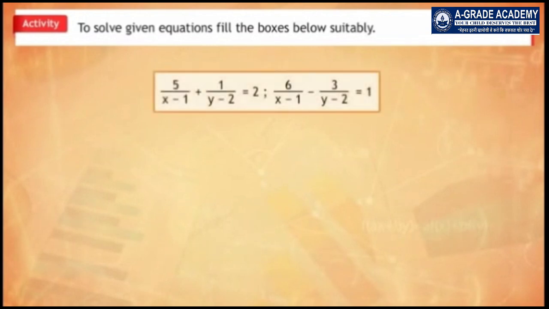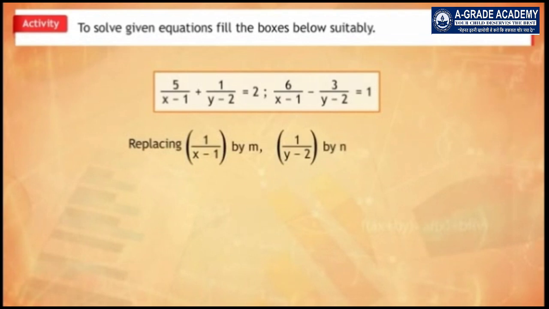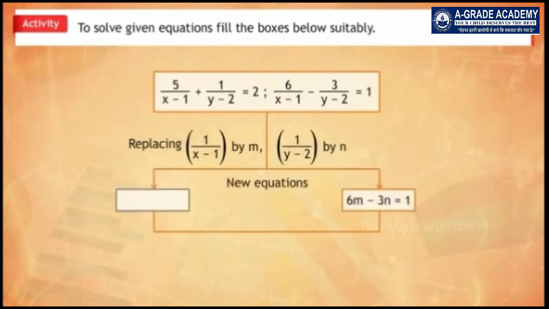Activity. To solve the given equations, fill the boxes below suitably. 5/(x-1) + 1/(y-2) = 2. 6/(x-1) - 3/(y-2) = 1. Replacing 1/(x-1) by m and 1/(y-2) by n, the new equations are: